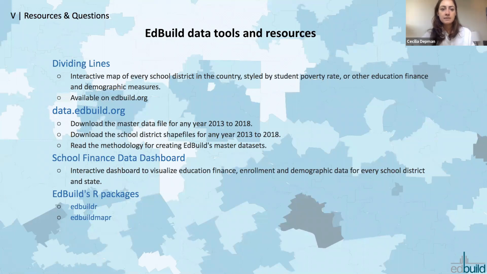For the state level funding formula reform, we did a lot of work working closely with states and legislators to come up with reform policies, ways that they could make their funding formulas more equitable. And we used a lot of these visualizations, the scatter plots that looked at poverty metrics against revenue to kind of identify places that they should be weighting more heavily in their formula and distributing money in a different way. That's definitely a very general overview of kind of how we did that kind of work. But we worked in a total of, I think, 8 states on their funding formula over the course of